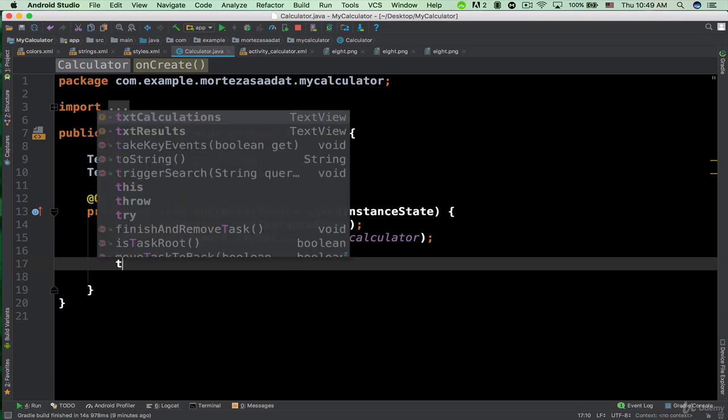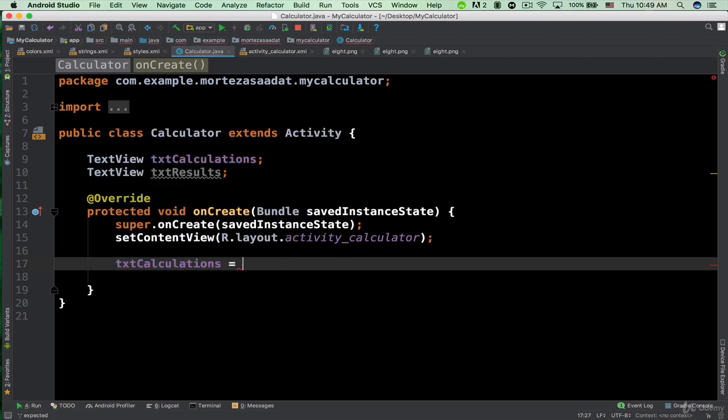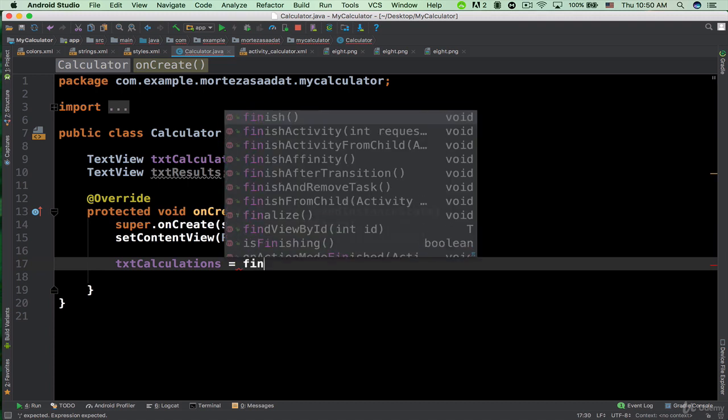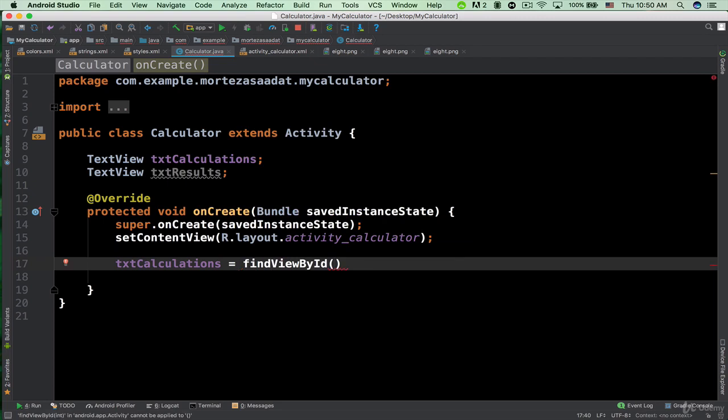Now we are going to go inside this onCreate method in order to initialize our variables. So txtCalculations, assignment operator. Before, if you wanted to initialize your variables that were of type, for example, View, TextView, Button, or the subclasses of the View class, you had to cast them to that specific type. Now, as of Android Studio 3, I think, you don't have to do the casting. You just need to say findViewById, okay,